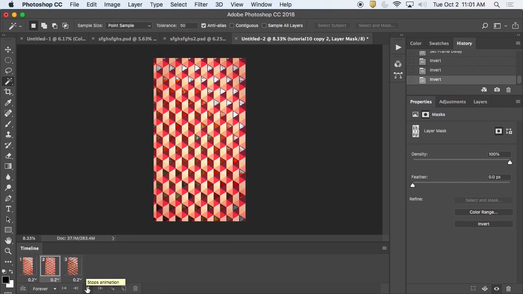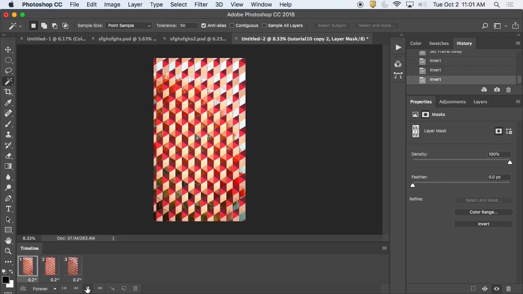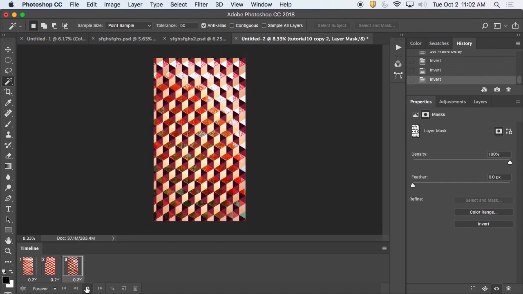Well, it's kind of interesting. It's not as readable as the other one. It's kind of interesting too. So we have something that's starting to animate. All right, it's pretty straightforward. So that is the basics of frame animation.